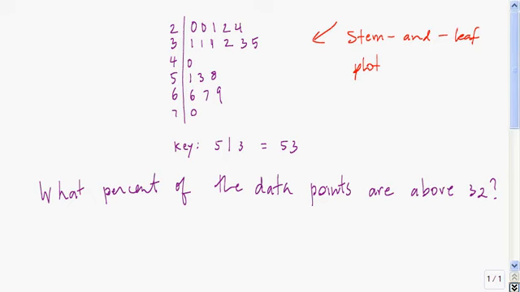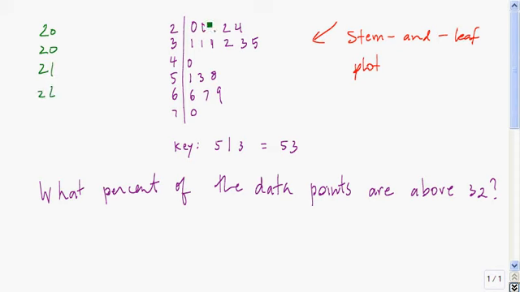We want to find out what percent of all the data points are above 32. So here I have a bunch of data points and I've organized them in a stem and leaf plot. The way you read this is if you see a number followed by the vertical segment, and then another number, that's the data point. So for example, this 2 followed by the 0 tells me that I have a data point of 20. And then I have another data point of 20, then 21,